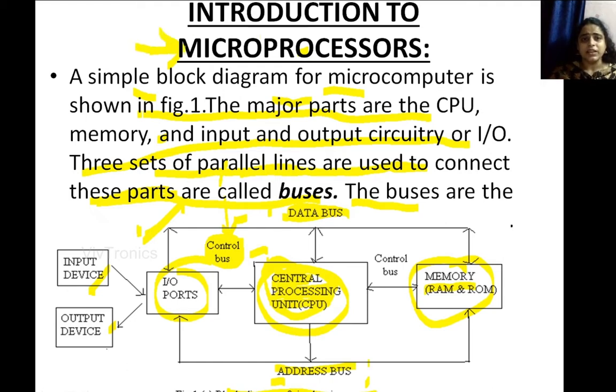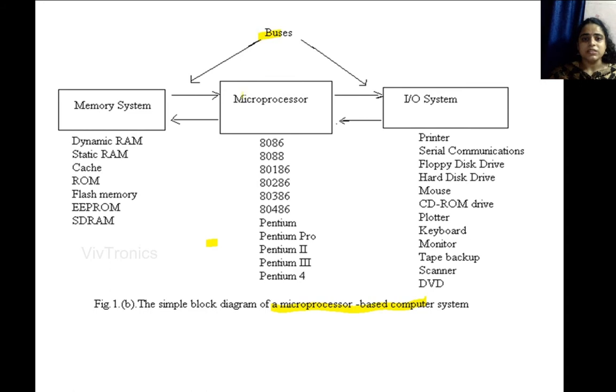That is our microprocessor. Okay, so this is the bus, this is the microprocessor system, this is the IO system, and this is the memory system. You can see here microprocessors. The first one is 8086. These are very few examples of microprocessors, and we have a vast list of microprocessors; these are the main important ones. 8086 and 8088 processors, 80186, 80286, these are all examples of microprocessors. Now the memory system. You know that memory means RAM or ROM, right?